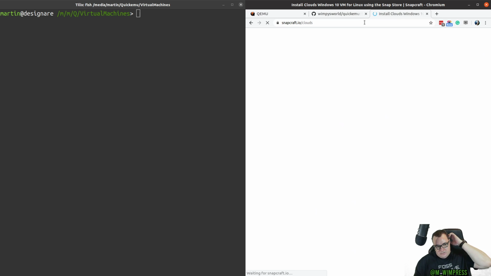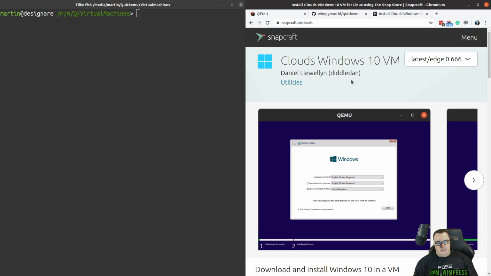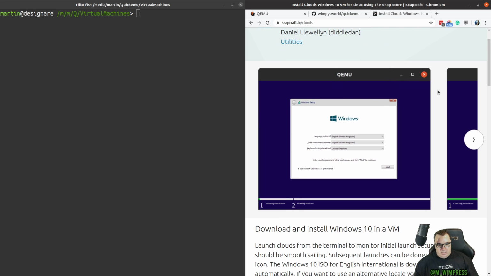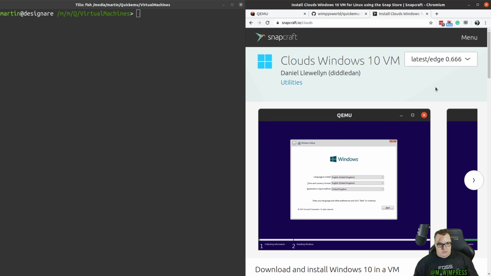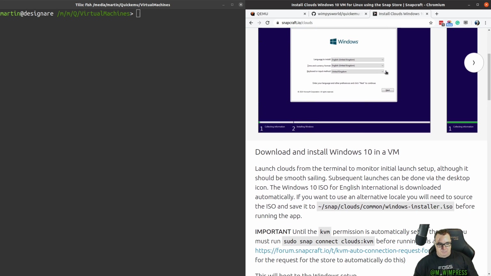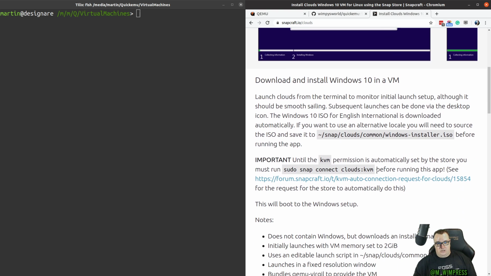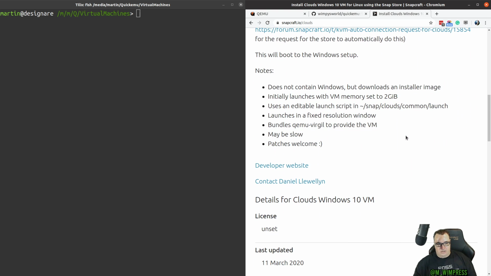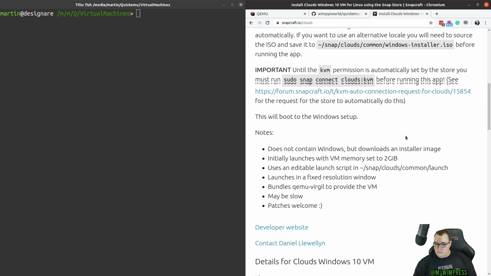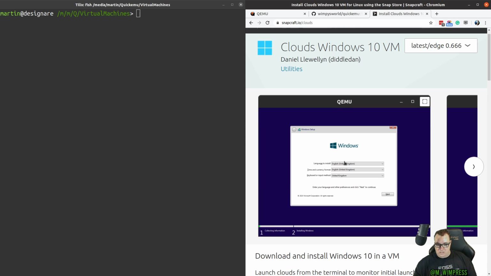There is a snap in the store published by Daniel Llewellyn, who is a community contributor superhero, and what you can see here is Clouds Windows 10 VM. If you snap install Clouds, it will download and boot a Windows 10 system inside a snap using much the same technology that I've just explained here this evening with QEMU. So if you want a Windows VM and you don't want to go through all of the aggravation of configuring it,